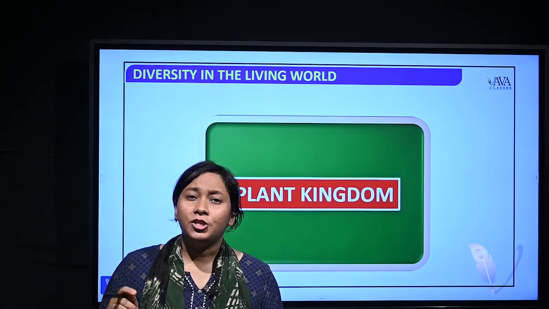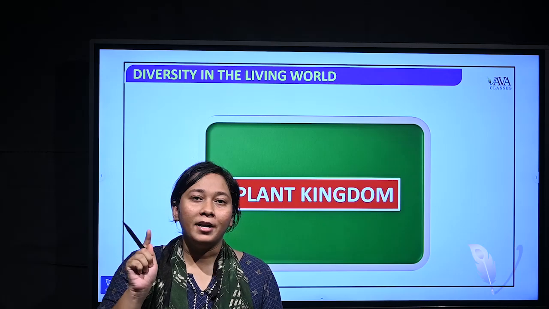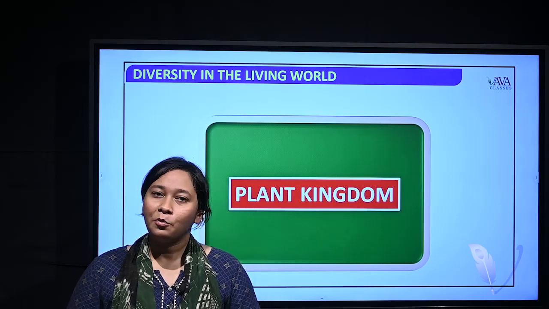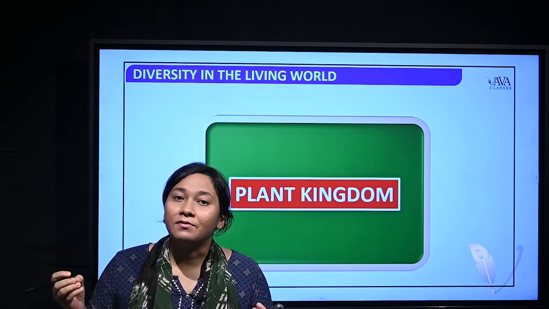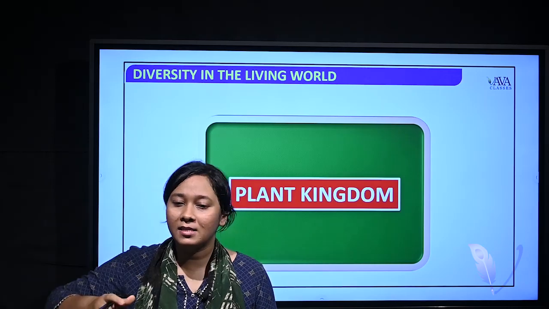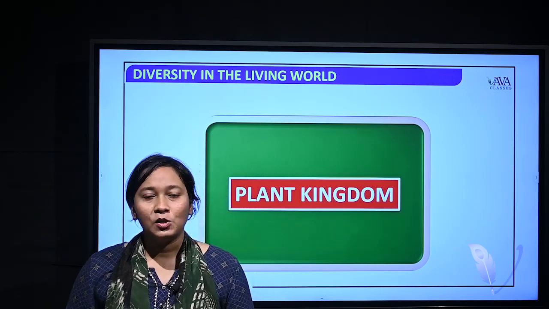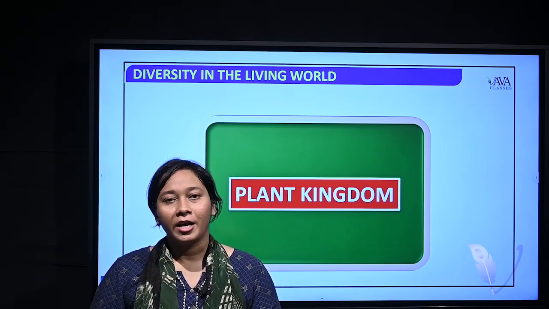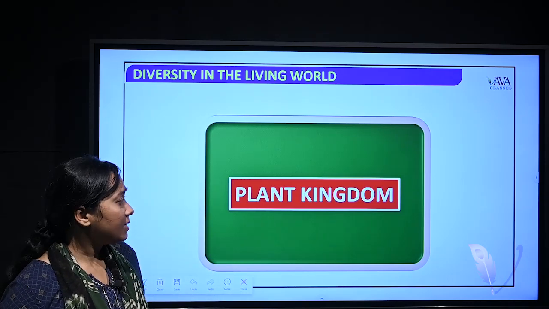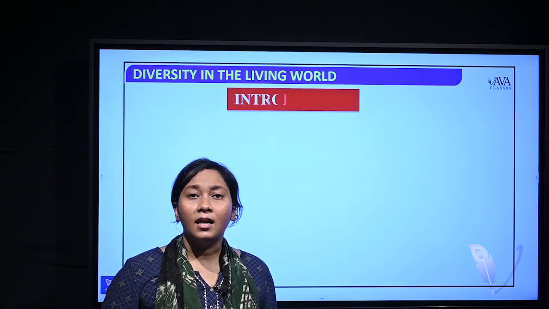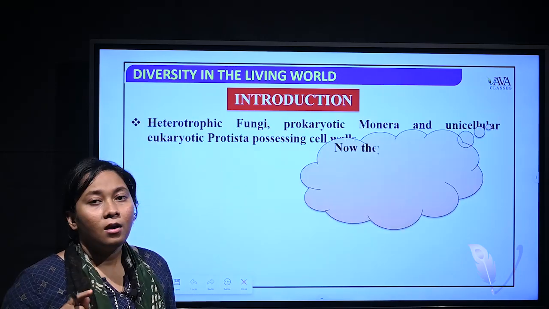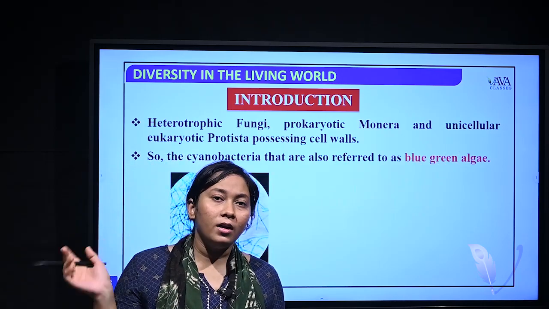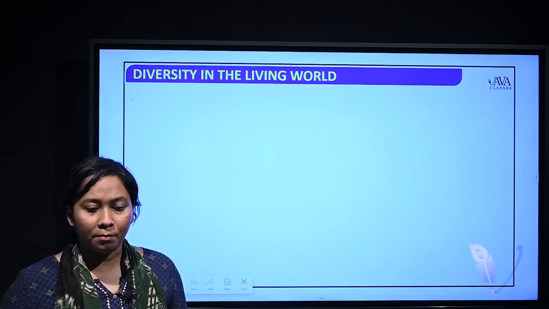In Kingdom Plantae we do not see only one type of plant, that is, higher plants or lower plants. We include a variety of plants within them. We can see algae, we can see fungi, we can see herbs, we can see shrubs, we can see taller and taller trees within them. So in this session we will study the variety of plants included in the Kingdom Plantae. We see there is a variety of plants in our surroundings, not a specific type of plant.